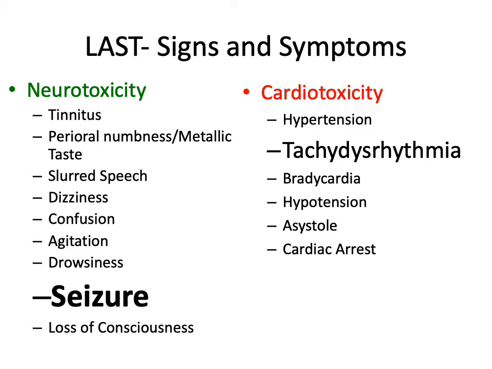This slide lists the most common signs and symptoms of LAST, divided into CNS and cardiovascular manifestations. From top to bottom, they increase in severity, and this may also be the order in which a patient progresses through toxicity. First reporting prodromal symptoms of slurred speech and metallic taste, then progressing to confusion and seizure. Or first manifesting tachycardia and hypertension, then progressing to asystole. However, patients do not follow a script, and presentations, as I mentioned before, are quite variable.